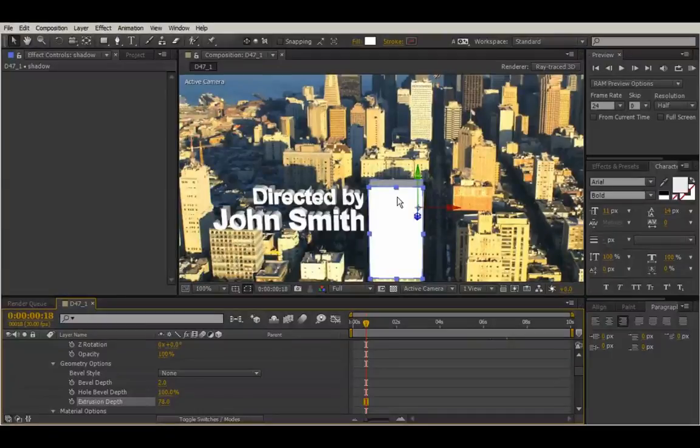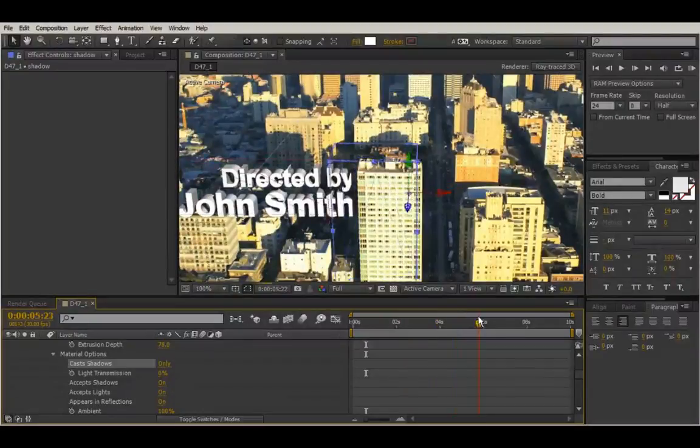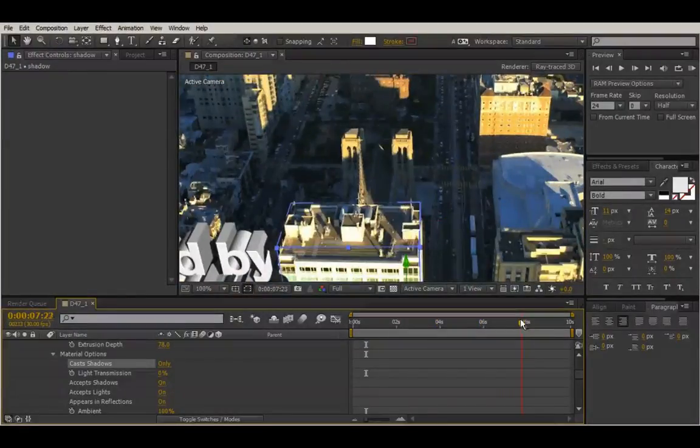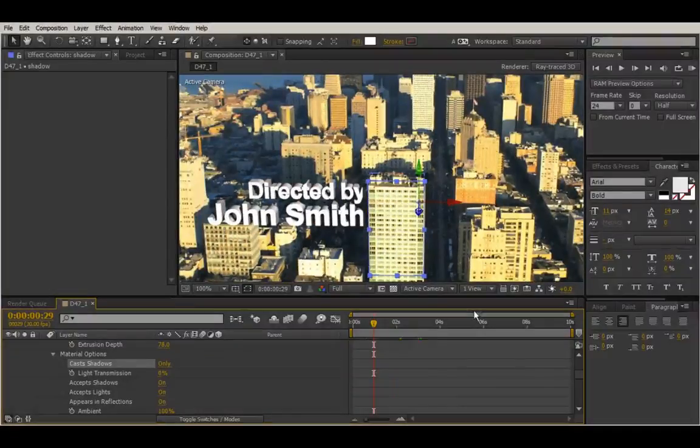But what if we wanted that to not be showing up, but just to cast that shadow? We can actually go to our material options, and instead of cast shadows on, we can click it another time and it's only going to cast a shadow. So that is pretty awesome. So now not only is it extruded and it's casting a shadow, but now we don't even have to look at it. So we're going to go ahead and stop there. And now that we have this shadow that's being cast